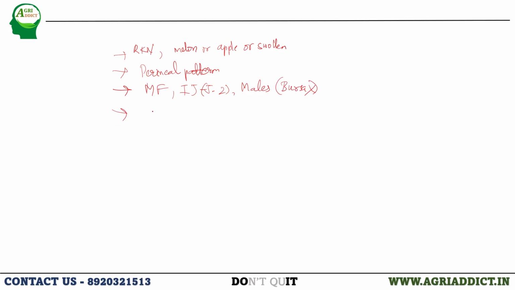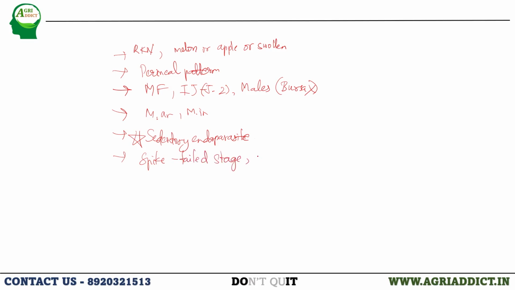And next, we have seen the different host ranges of Meloidogyne, that is Meloidogyne graminicola, Meloidogyne arenaria, Meloidogyne incognita, javanica, and those. You should remember some of the important species which are related to specific hosts. And coming to biology and life cycle, Meloidogyne, the root knot nematode, shows sedentary endoparasitism. This is important. Next is life cycle of the nematode. When you talk about the life cycle, you have to remember spike-tailed stage,